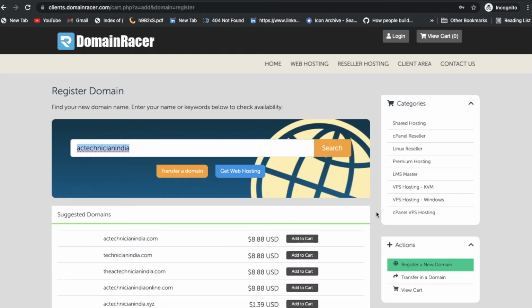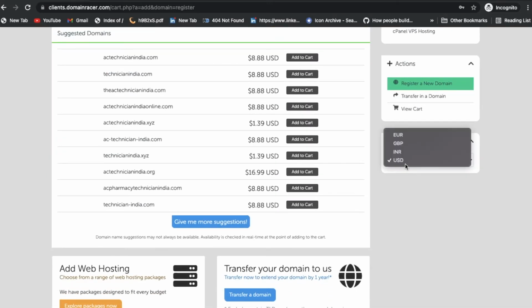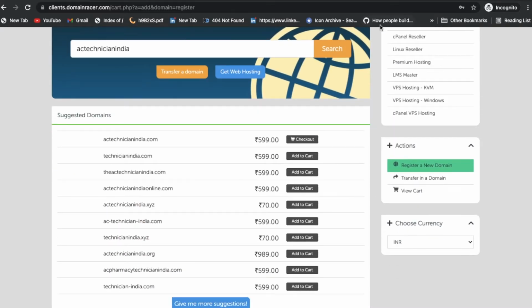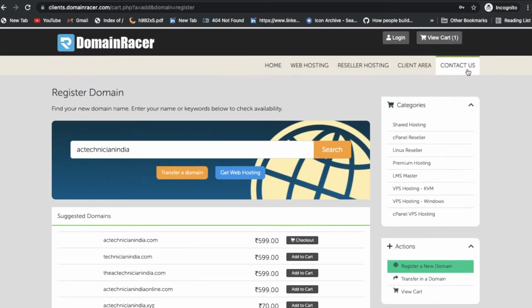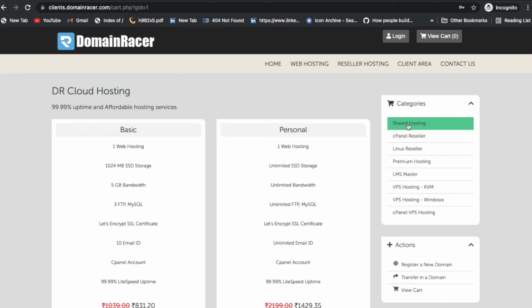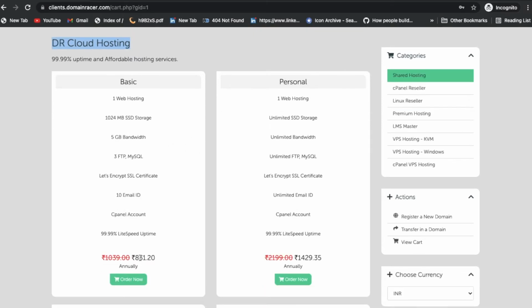Whenever you're trying to buy a domain, select INR. I have already selected INR, which is the Indian currency. Then just click on add to cart. Once you've added it, click on shared hosting or any other hosting you need. Here we have multiple plans like cPanel, Linux reseller, premium hosting, and LMS. Suppose I'm going to buy shared hosting. You can check here that I need to pay 831 something for the 1